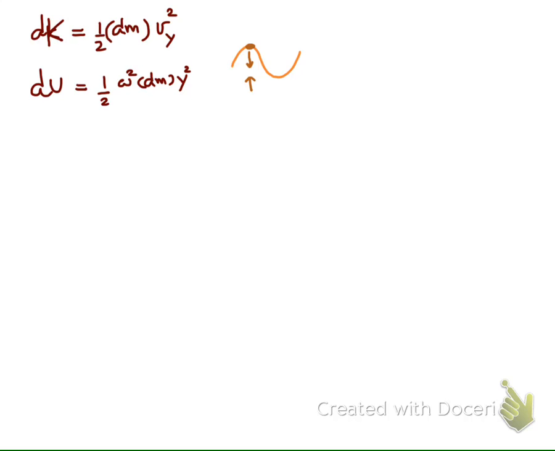The angular velocity of the oscillation is omega. And since the motion of the medium here is very similar to simple harmonic motion,